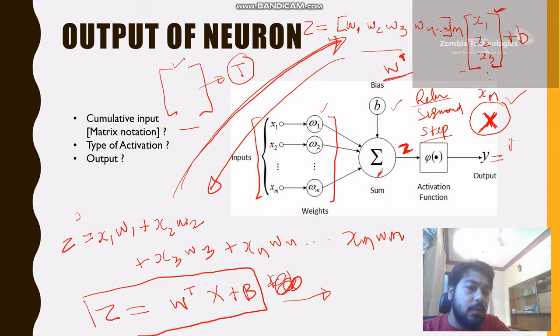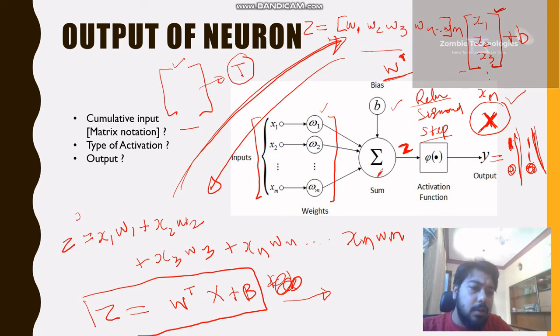If I use a step function, I would have 1 and 0 as an output. If I use a sigmoid, similarly I would have 1 and 0 as an output, and the values in between as well. If I use a ReLU function, then it would be between 0 and infinity. So depending upon what type of activation function I am using, it may be a linear or non-linear activation function, and I would simply get the response output Y.